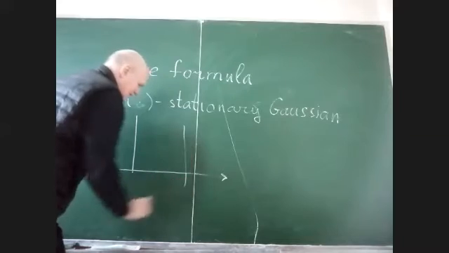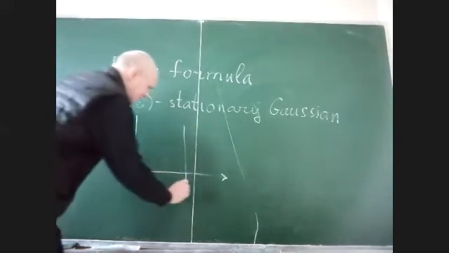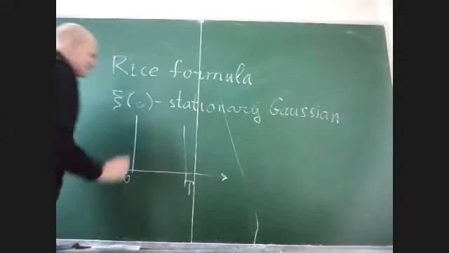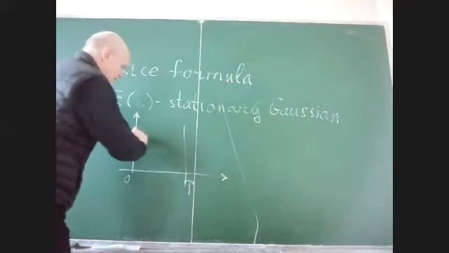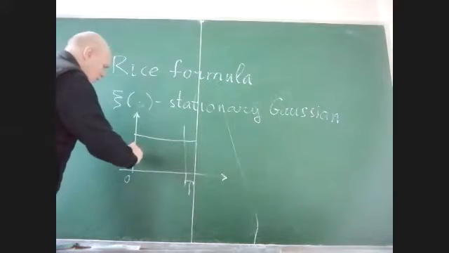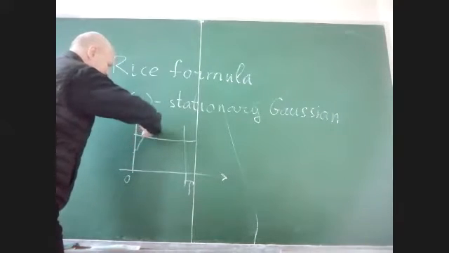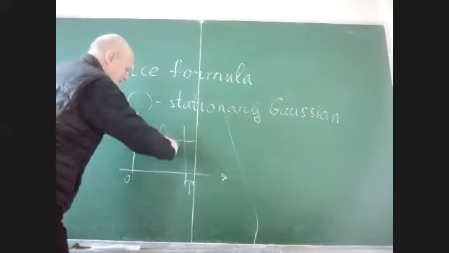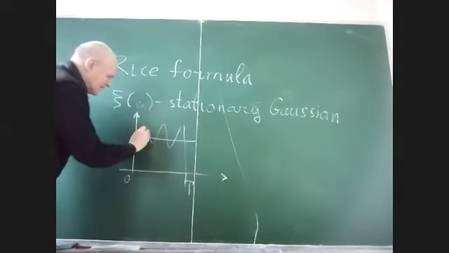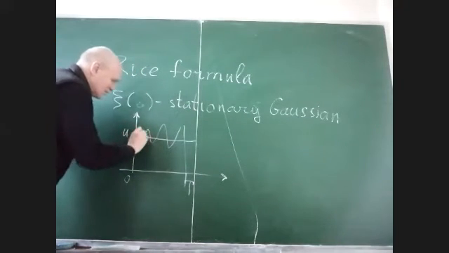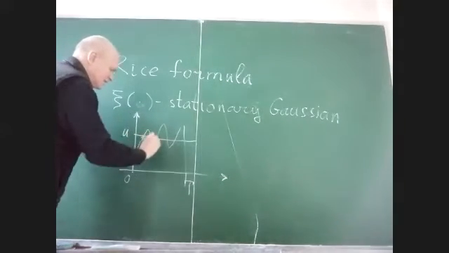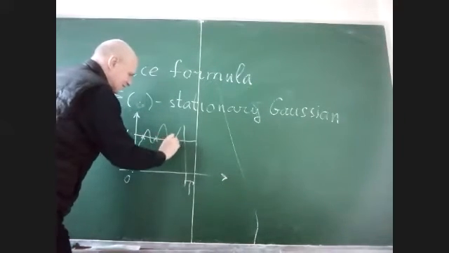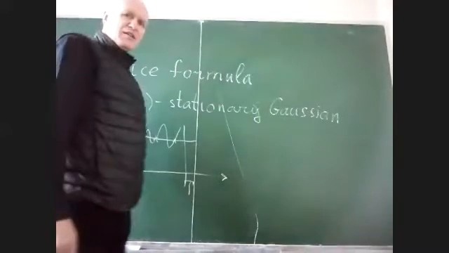Suppose that we have a fixed interval [0, t], for example, and we discuss how often the process psi will intersect the level u from below to above, and we get a nice formula which